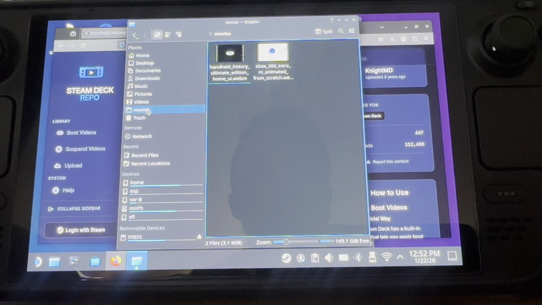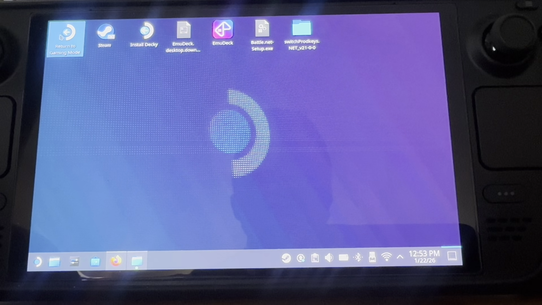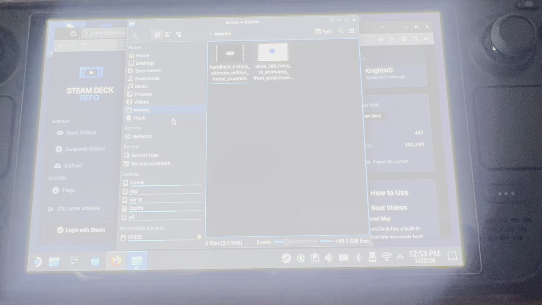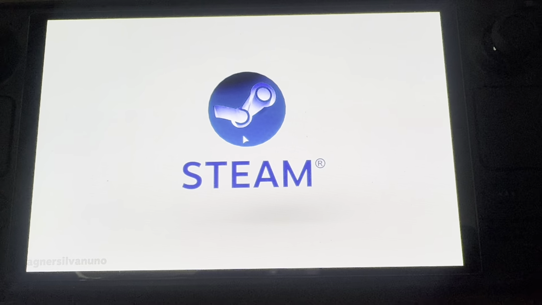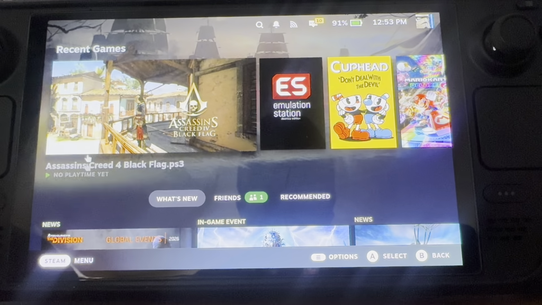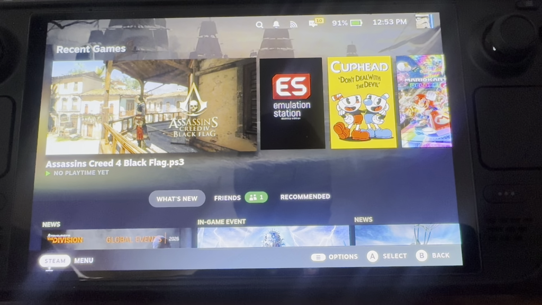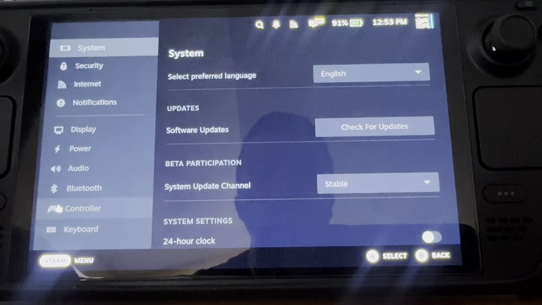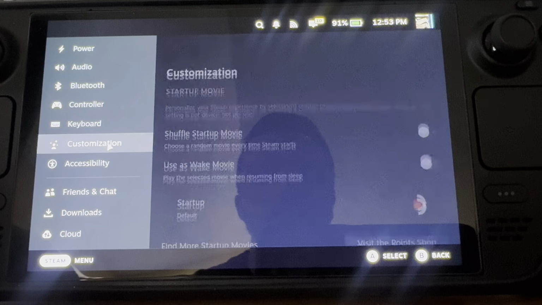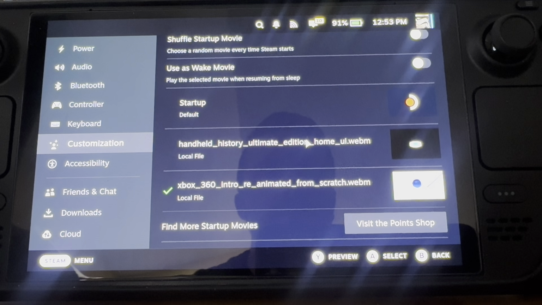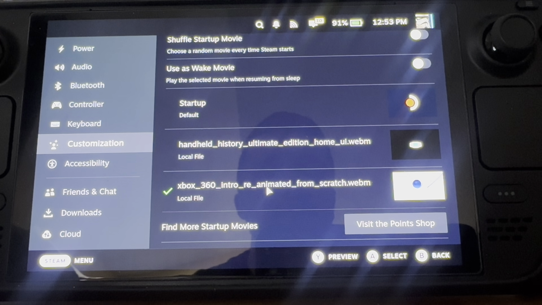All right, so we go into the Movies folder that we created, and now we have these two custom boot animations. So what we're gonna do is go back to gaming mode. And there you see the custom animation just played. And then when we go into the settings here,